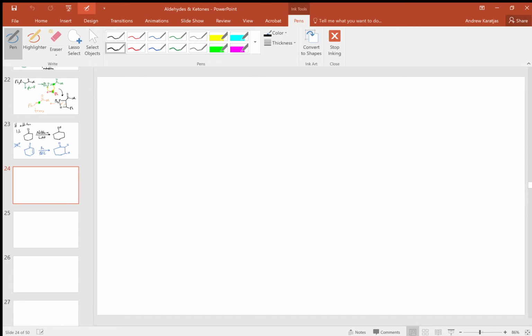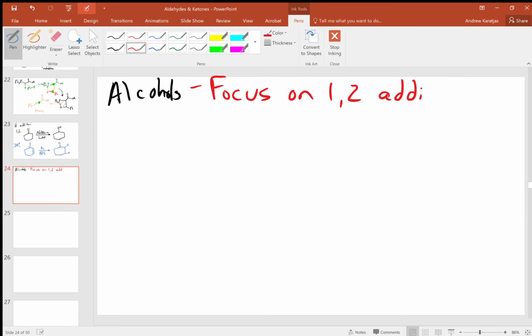So here we look at our final two groups of nucleophiles that we can add to aldehydes and ketones, those being alcohols as well as amines. So when it comes to alcohols, we're going to focus on the 1,2 addition. Alcohols are capable of doing 1,4 addition, but it's not a commonly used or very important reaction in most situations. So what we're going to look at primarily here is